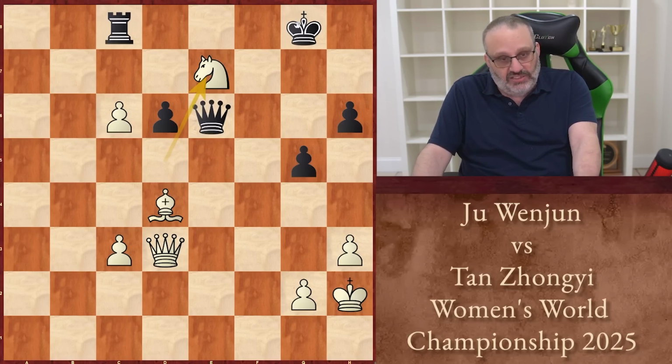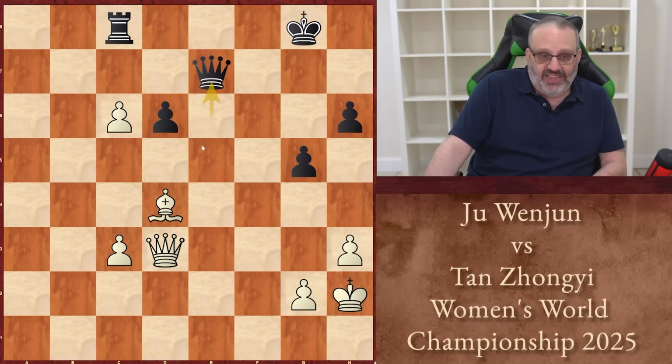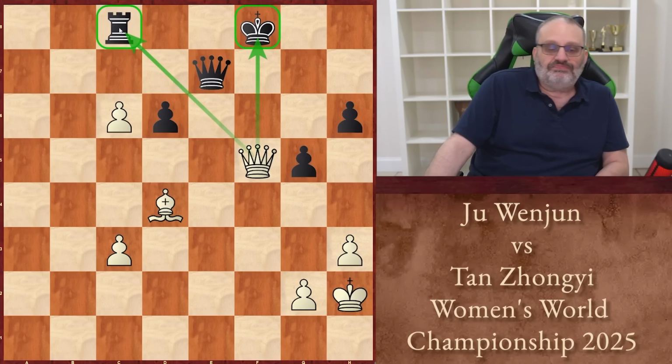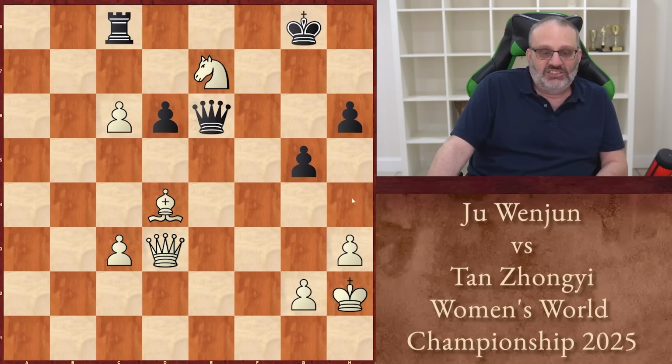Obviously, the king and the rook are forked, so queen has to take. Queen g6 check, have to play king f8, then queen f5 check, and we attack king and the rook. Not only that, we're taking the rook with check, which doesn't matter, but it's nice to take a rook with check. So after knight e7 check, Zhongyi resigned, and for the first time in the match, the reigning champion is